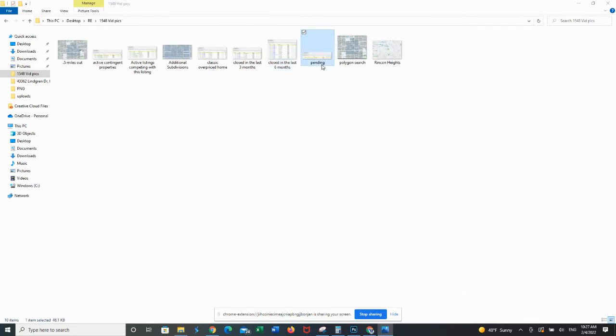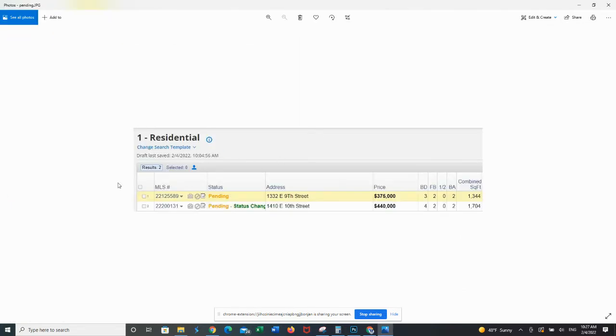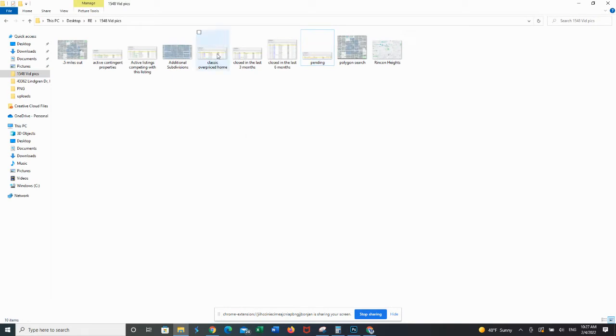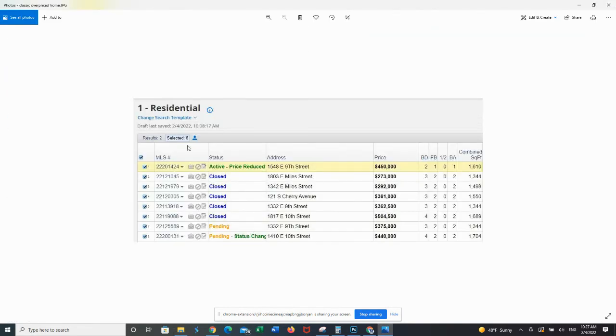Right. And then I look at the pending. Okay. So the pending homes are in this area. What are they going to sell for, and how many bedrooms and how many bathrooms do they have? So this one seems more around the ballpark, 440. So now it doesn't seem like the classic overpriced listing, which I'm going to show you, because if you compare